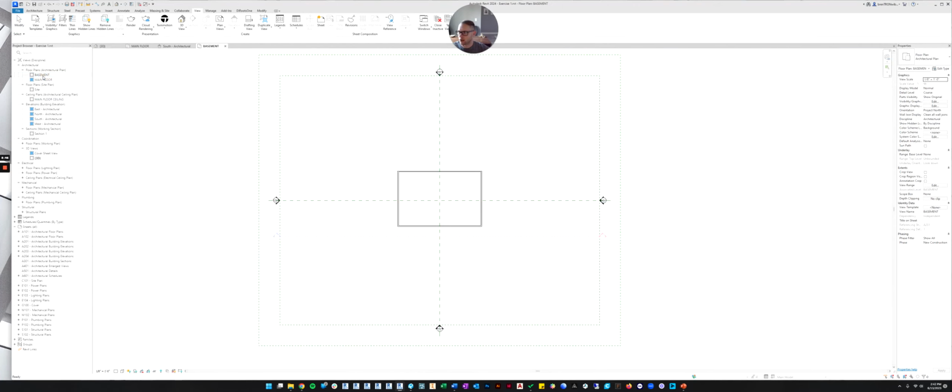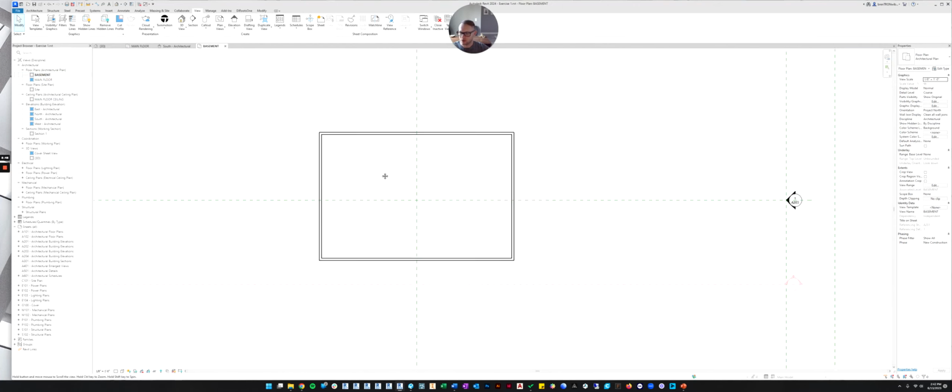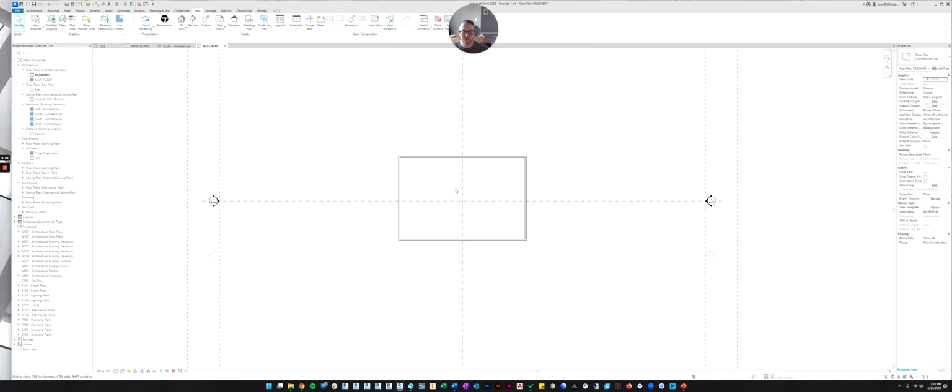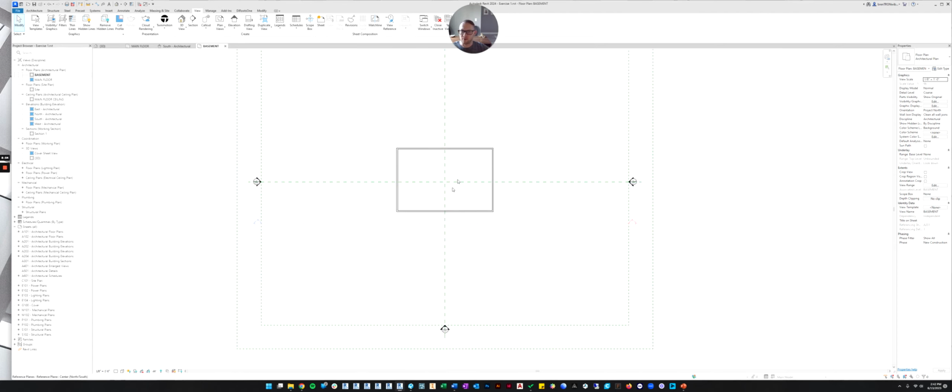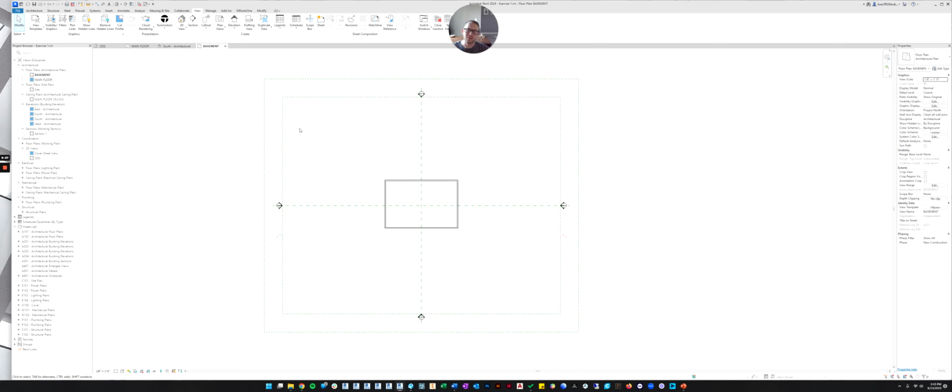So now if we look at our basement floor plan, we can see the footprint of the house. So now we have a basement floor plan and we have a main floor plan. Now, remember how I told you we didn't need the roof? It's kind of a lie. Let's pretend we want to see a roof plan. So in that case, we do need a plan view of the roof.